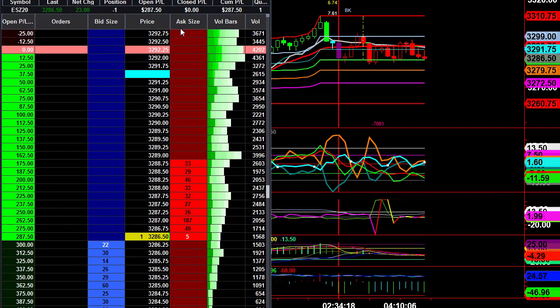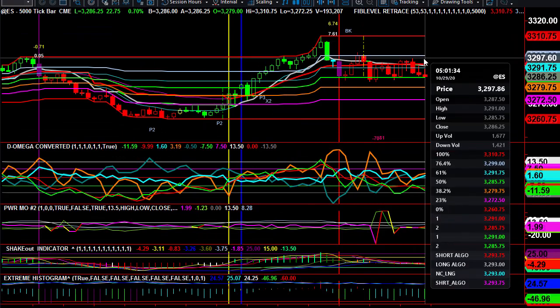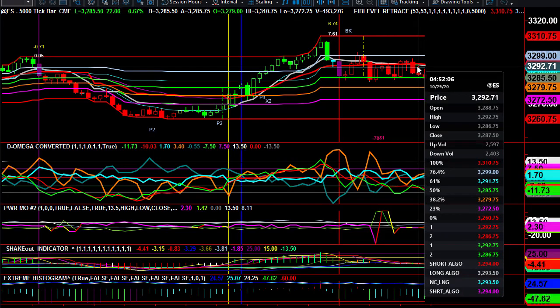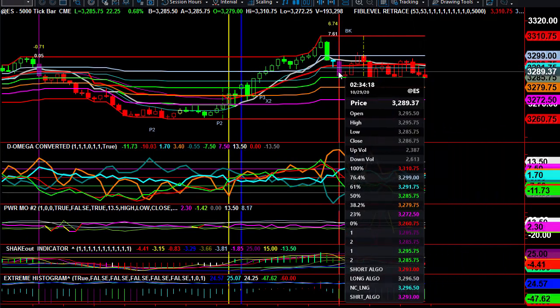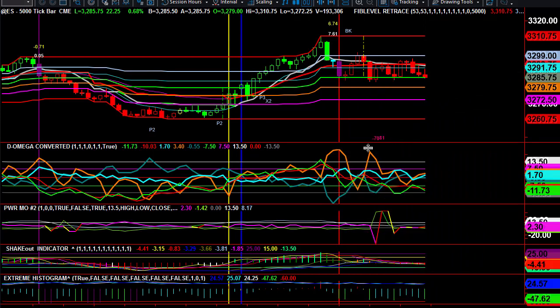I didn't get the best of entries. 92 and a quarter. Yeah, so literally right down in here. It was right in the middle of that, so nothing spectacular. But again, you don't have to be perfect on that one. I saw it later and just hopped onto it. So that's the difference on how that can work out.